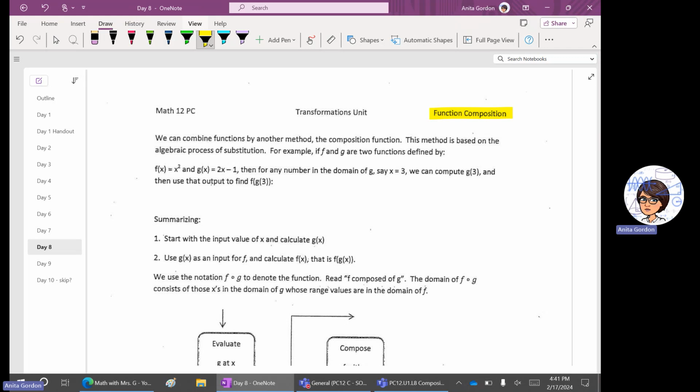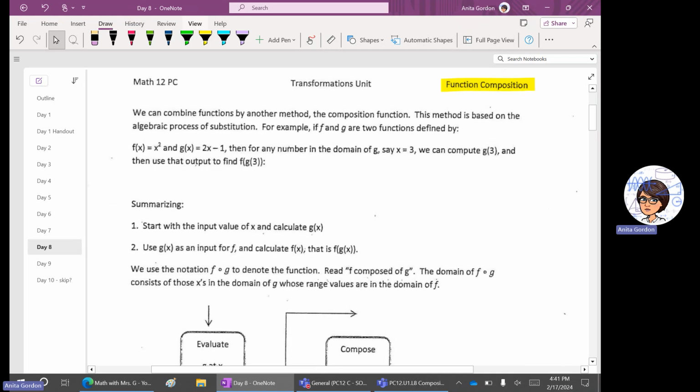I don't know if any of you have seen the movie Inception, where there's a dream within a dream. Well, today we're going to talk about functions inside of functions, and so on. So we can combine functions by any methods that we talked about in our last lesson. Today we're going to talk about composition